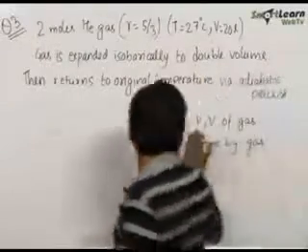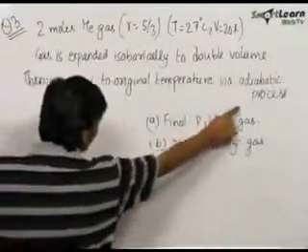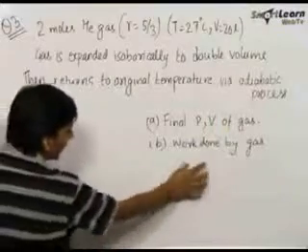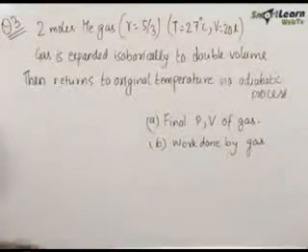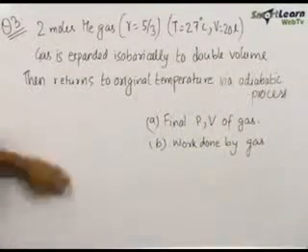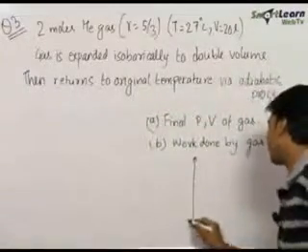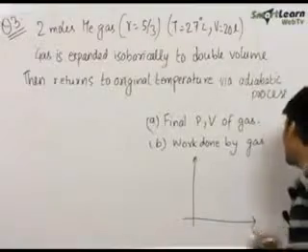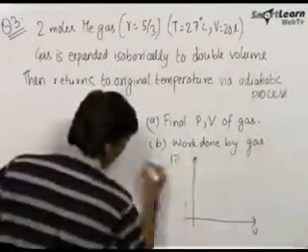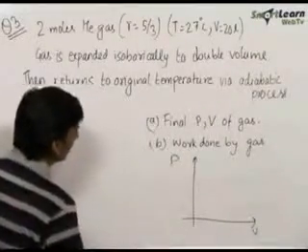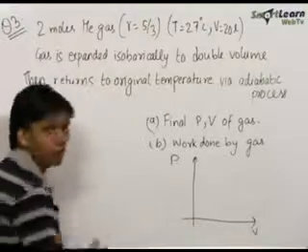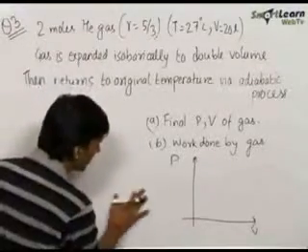We need to find out the final pressure and volume of the gas after this process and the work done by the gas in the whole process. So to get an idea of what is happening, the first best thing to do is draw the graph. It's generally more comfortable drawing the pressure volume graph, so I am drawing the pressure volume graph. This just gives us a clear picture of what is happening, so it is always advisable to draw the graph first.